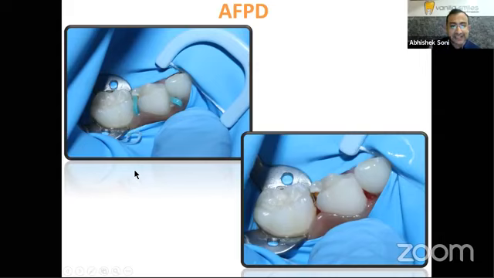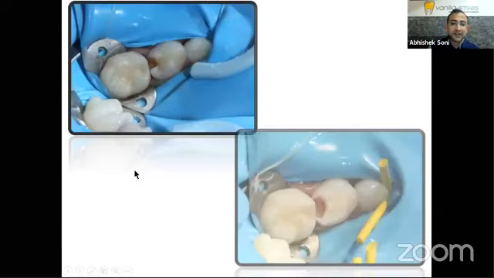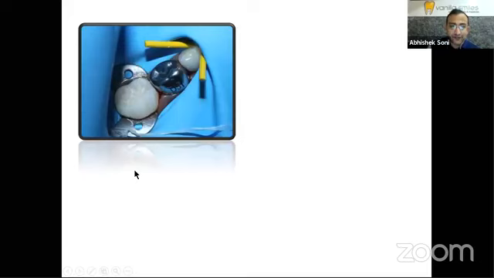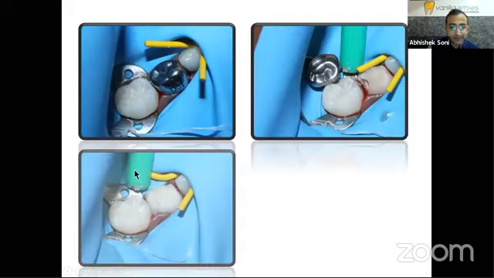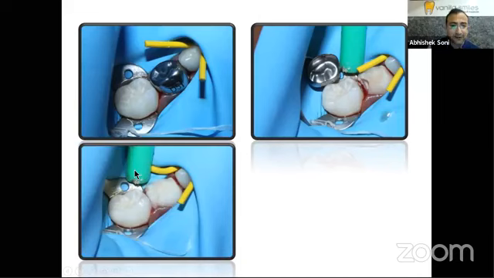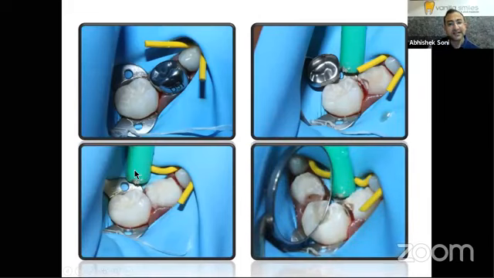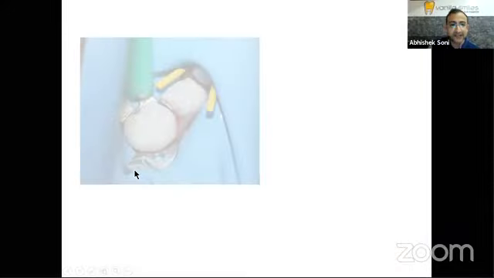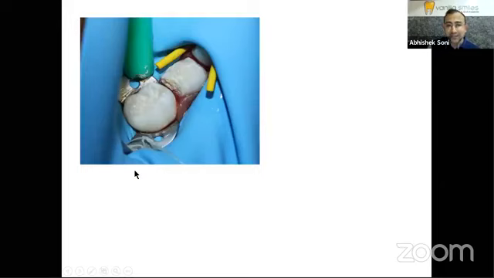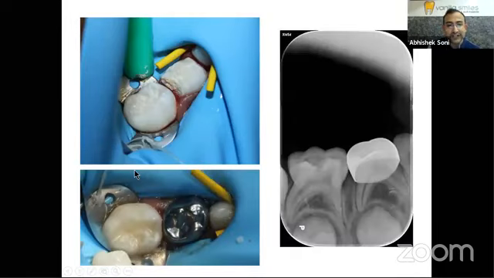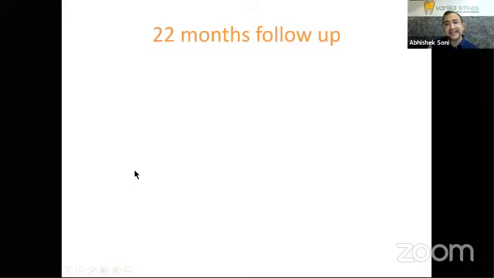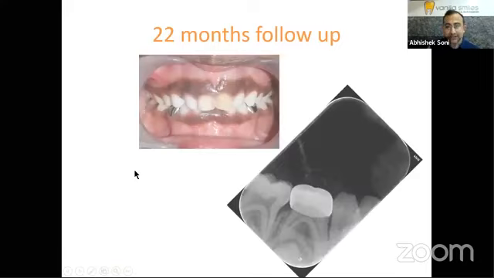We started with selective caries removal, and we encountered a carious pulpal exposure. We decided to disinfect this with 1.5% sodium hypochlorite. We did the crown selection first, disinfected with sodium hypochlorite, irrigated or flushed with saline. The exposure site was covered with Biodentine entirely, including the cavity. The crown selection was already done, so the crown was eventually luted into place. And that's the 22 months follow-up. It's all stable.